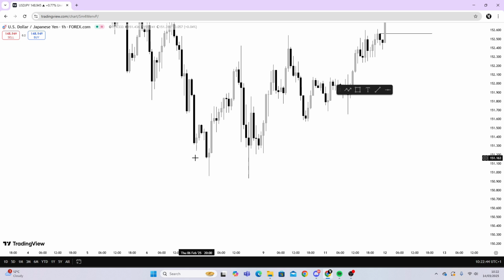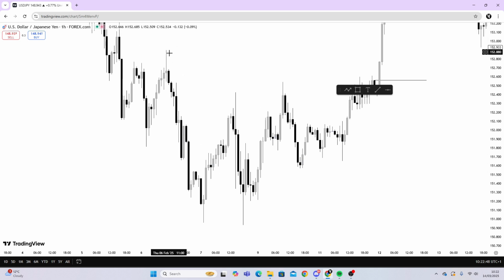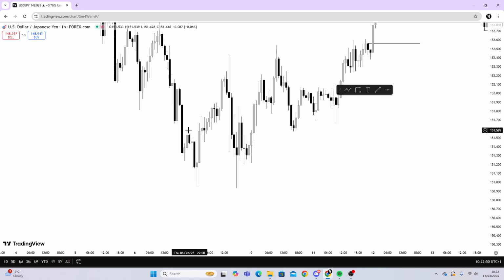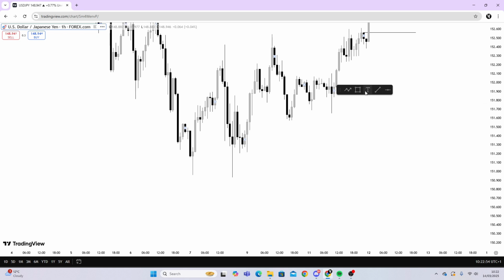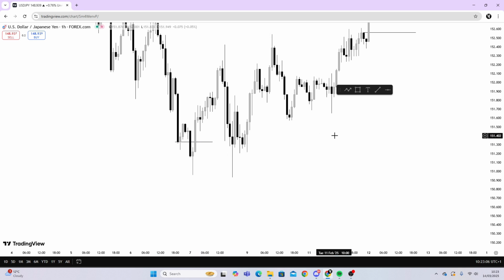some more. Right here we have one. Okay, so here we have the high. That's the high. We create these fair value gaps, which means this order block is valid. Okay, it's not overlapping with a fair value gap, nearly, but it's not. So where do we mark it out? We mark it out at the body. Okay, right down here. And basically order blocks, price tends to retrace back into order blocks and then continue lower,